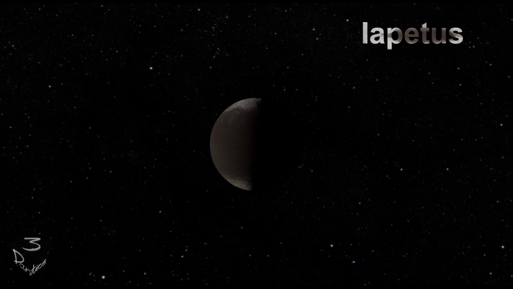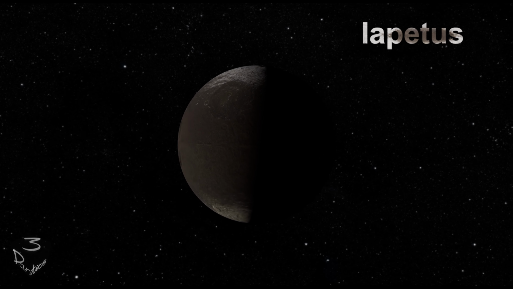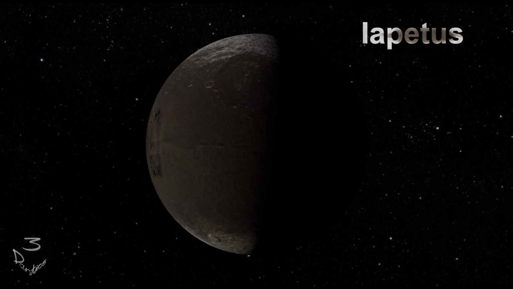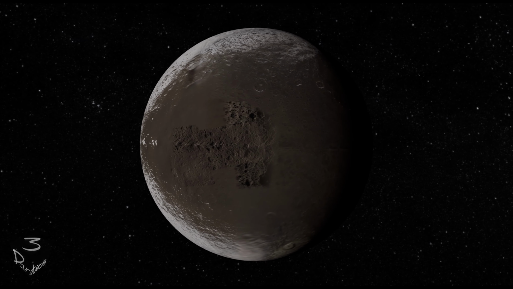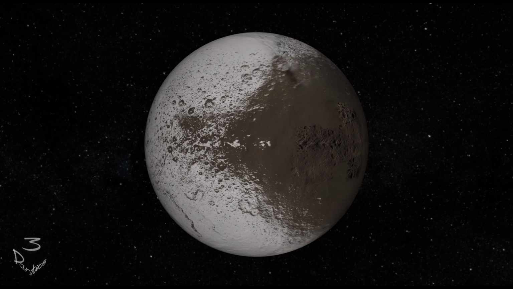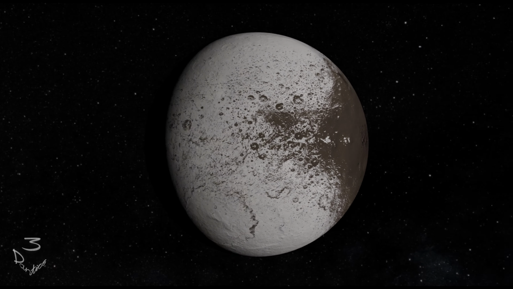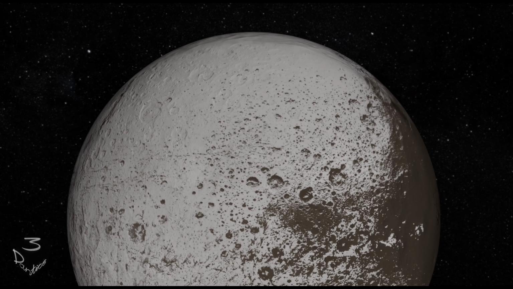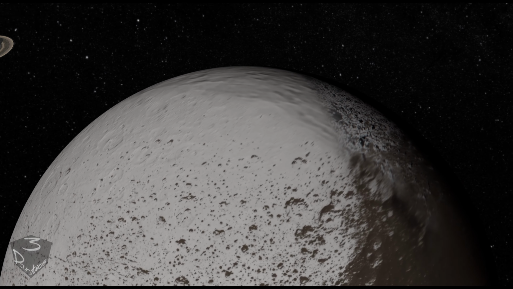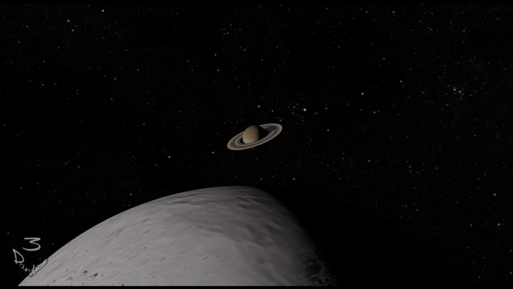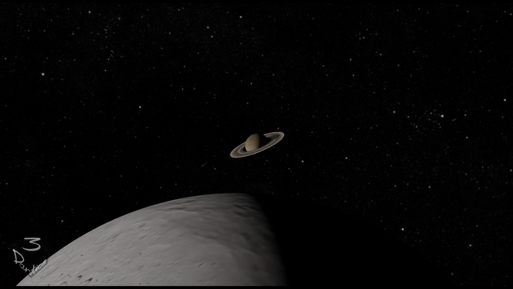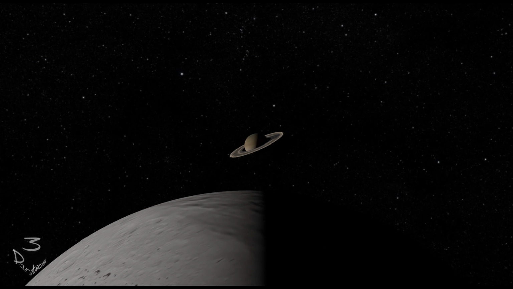Lastly, we look at Iapetus. It might not break any records, but it does have very strange coloration to it. The front and sides are dark, but the back and poles are bright. Of all Saturn's moons, it is the only one to have an elevated orbit, which means you get a good view of the ring system from it. When moons in space become holiday destinations, this will no doubt be a popular one.